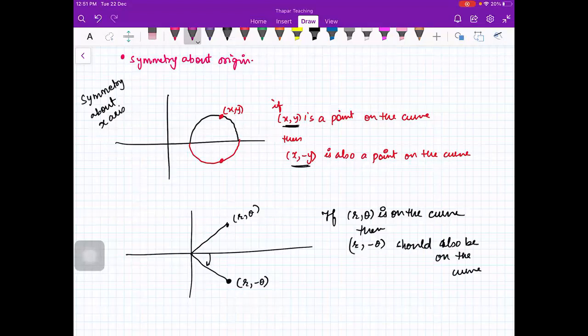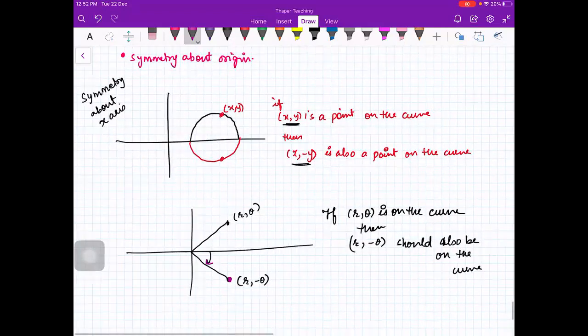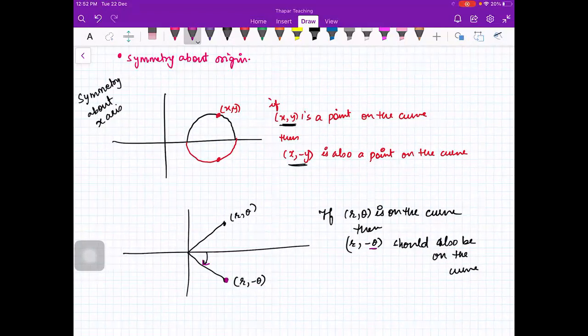Or can I give any other name to this point? Any other name for this point? Yes, ma'am. If we measure its angle clockwise, it comes. No, not the angle in terms of that, because angle will be considered, you can just always add plus minus 2 pi. So what you can do, you can just go to this point, this line here. If this angle is theta, what will be this angle?